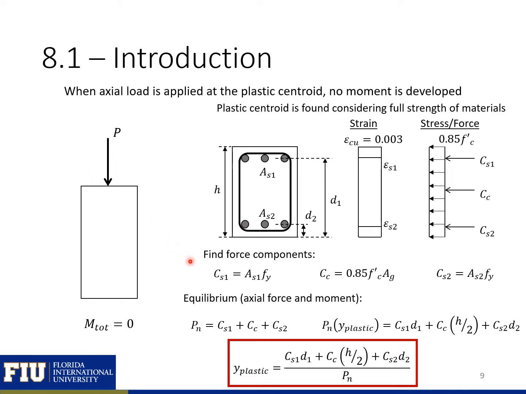We first find all of our different force components, where we assume that all of our steel has yielded. And we're going to assume that with our concrete compression force, we're going to use 0.85 times f'c rather than just f'c. This 0.85 takes into account the difference between cylinder strength and in situ performance, or the behavior of concrete in our actual column. And it also keeps us consistent with our stress block approximations that we'll use for all of our other column